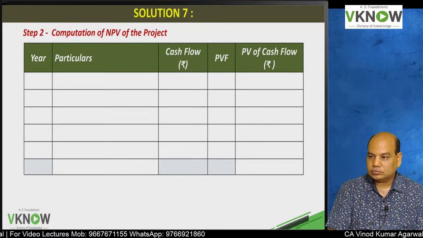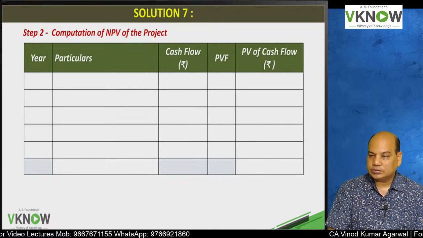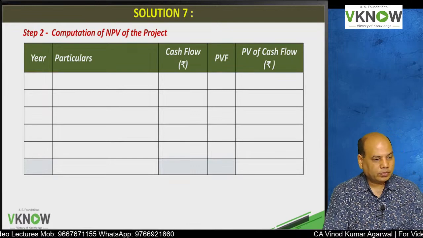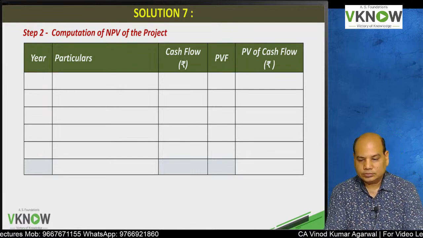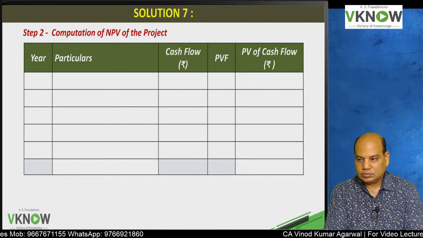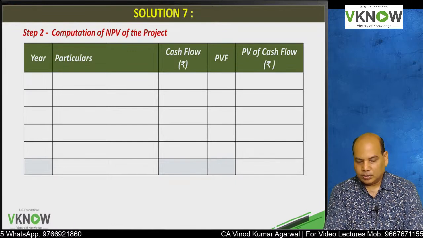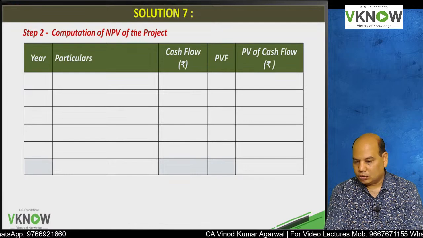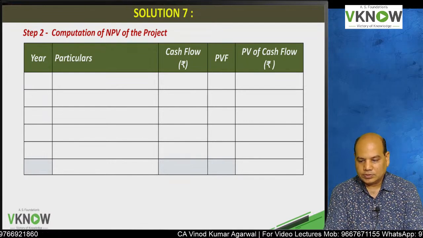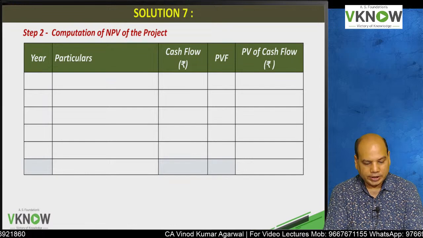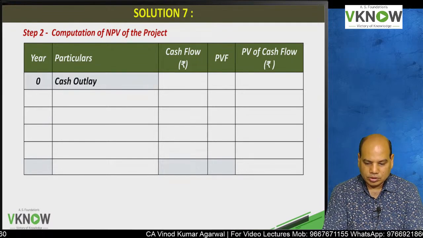NPV. Under that write 5 columns. First column write year, then particulars, cash flow in rupees, PV factor which is given, and PV of cash flow in rupees. Identify year 0, cash outlay